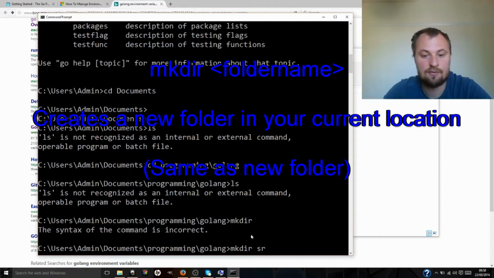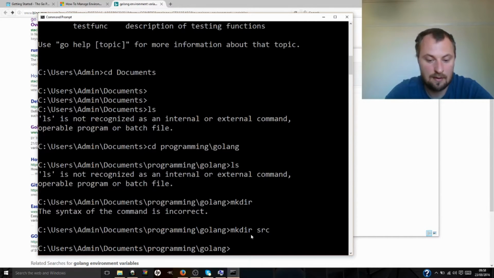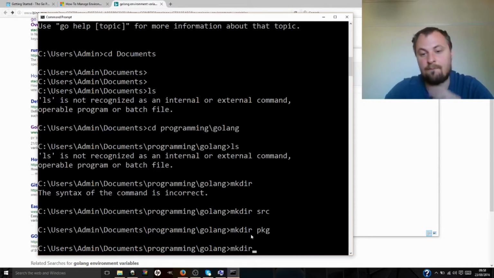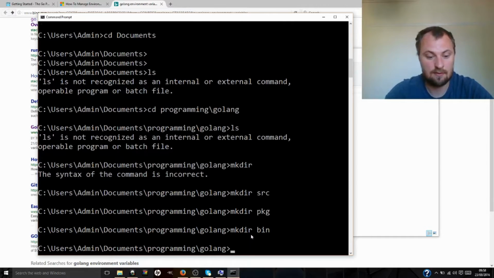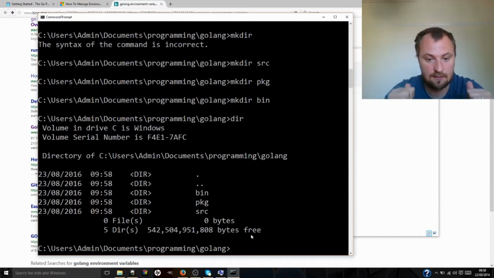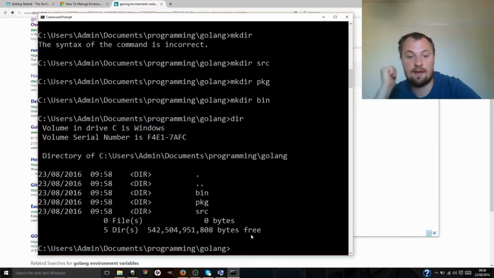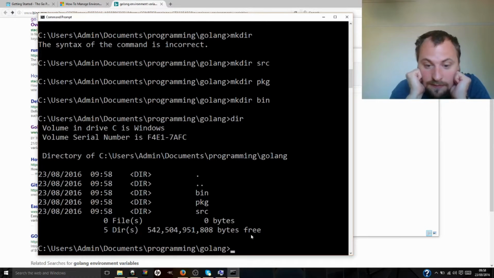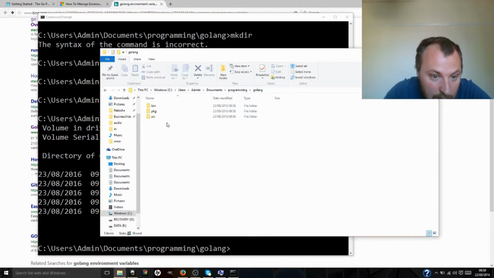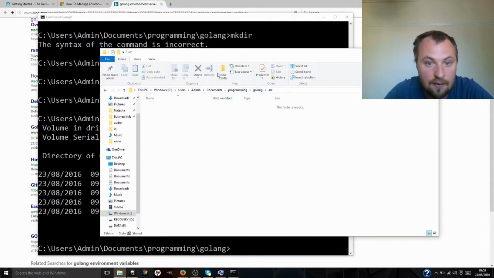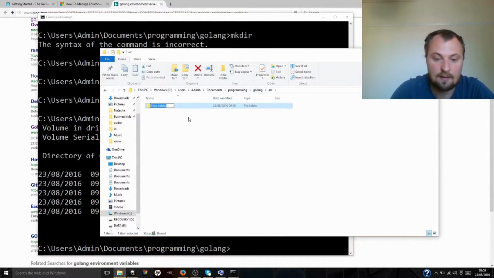Mkdir source, mkdir pkg, mkdir bin. So now if we do a dir, we should have these three directories, and we can go in and make this work. Well, the best thing to do is actually just to make a file. So let's go into our source thing. We'll make a folder. This will be our project name, proj1,